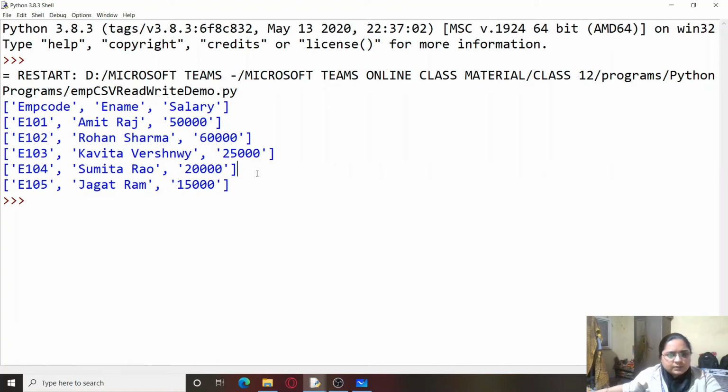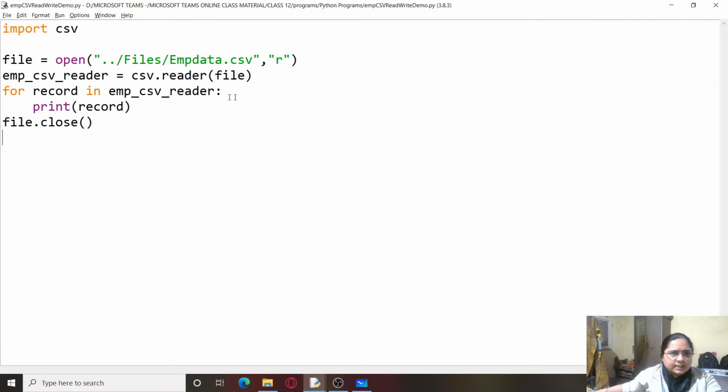To write values into the file, we have to apply a similar step. If the file doesn't exist, then it creates the file and then writes into it. So we are going to write something in the file.